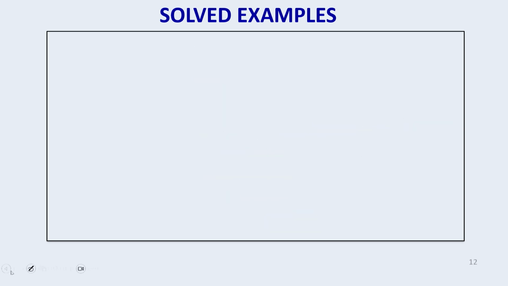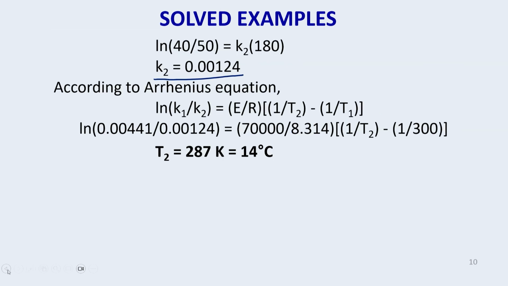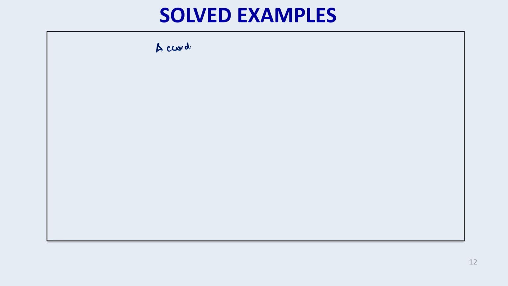So now I will be using the Arrhenius model equation. That is the simplified form of the equation which was used to solve the numerical question. Ln of K1 by K2 equal to E by R into 1 by T2 minus 1 by T1. So this equation was derived when we were solving the numerical question number 2. According to the Arrhenius kinetic model, ln of K1 by K2 is equal to